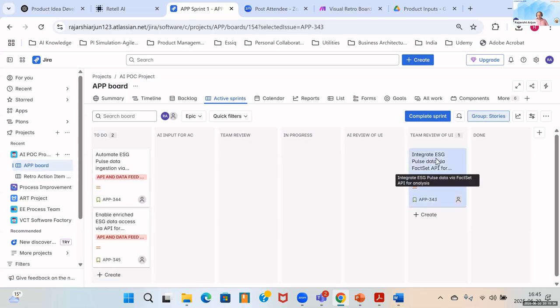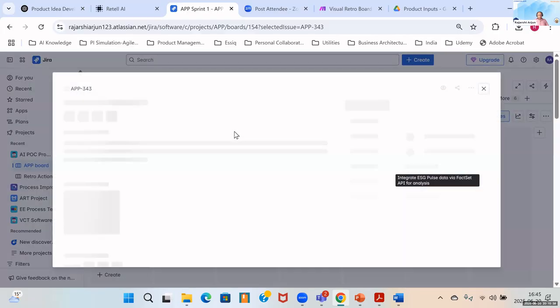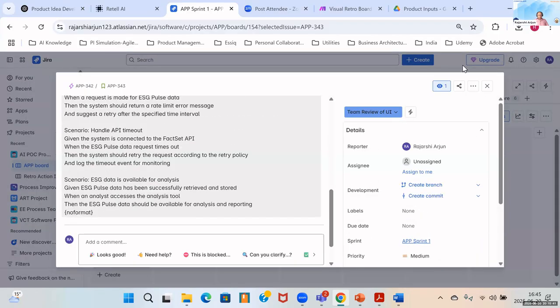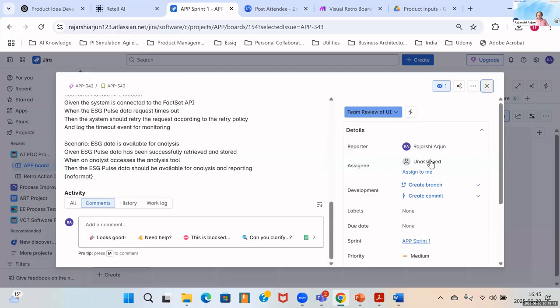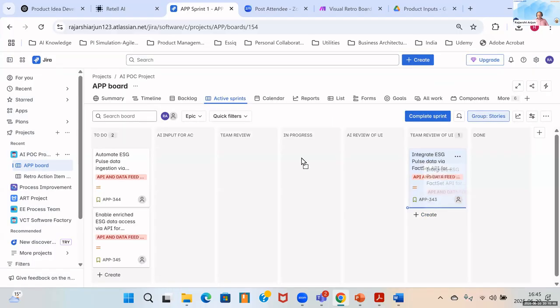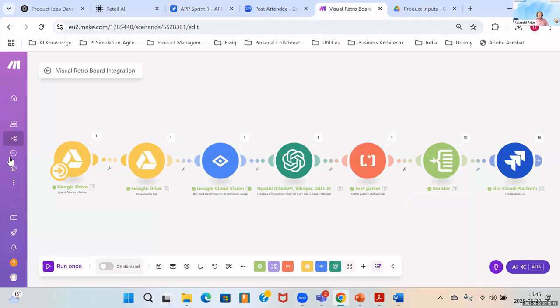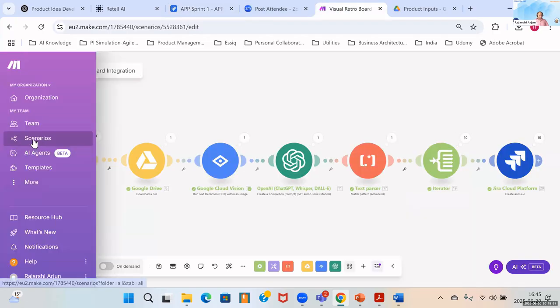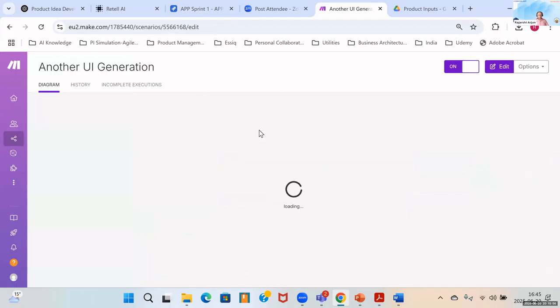Let's see if this has got generated. This has still not got generated. So let me just try it once again. Just give me a second and then I will see. Maybe it did not fire, but we can still try it out. Okay.